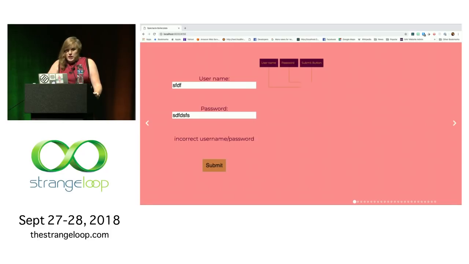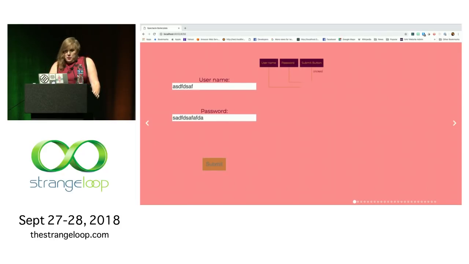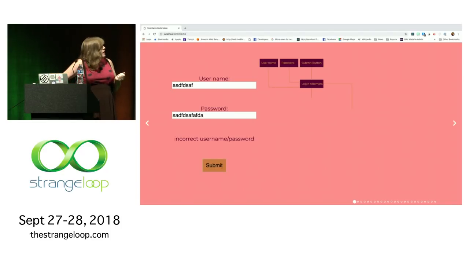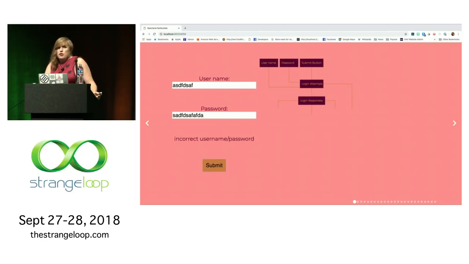In this case, we have a username representing a stream of everything that the user types into the username field, and a password field. This one's super secure because you can actually see what I'm typing. And then finally, we have a submit button, right? So from these 3 streams, we could actually come up with a stream of all of our attempts to log in. It would need to emit whenever the submit button is clicked, and it would need to combine it with the last thing that the user typed into the username and password field. Once we have attempts, we could kick off an API request to a server,